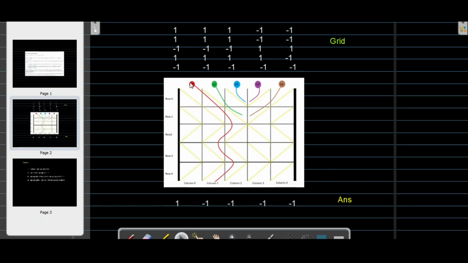For the first ball, it can travel to the bottom and come out from the column. For the second ball, there is a V shape that occurs and the ball gets stuck in that. Due to this, the ball will never reach the bottom. We'll take another ball also, there is a V shape, due to which it never comes down. So what we need is to identify the conditions from this solution.